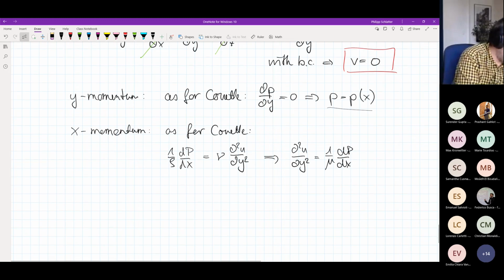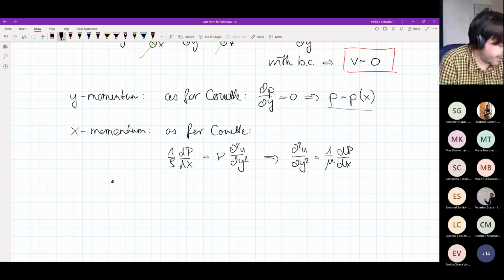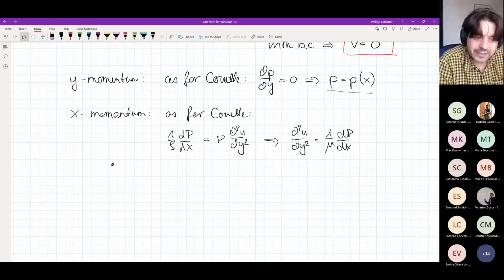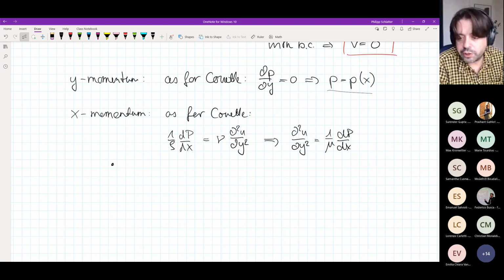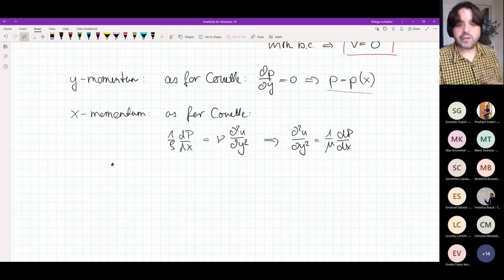Before we do that, I again would like to just notice a few observations here. Well, first of all, as in the case for Couette, we again have essentially eliminated all the acceleration terms. The left-hand side of the Navier-Stokes equations, all the terms were 0. The only thing that was left was a balance between the viscous forces,